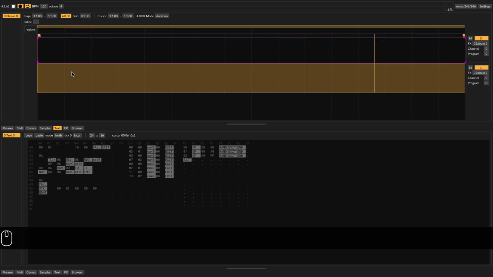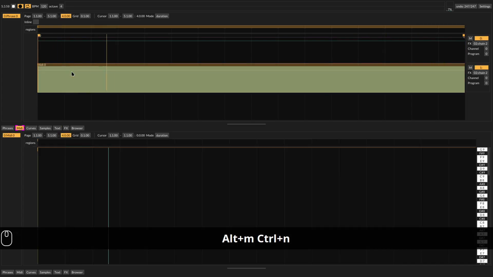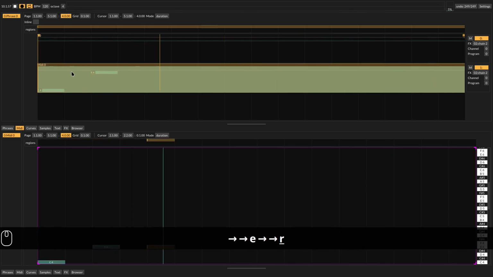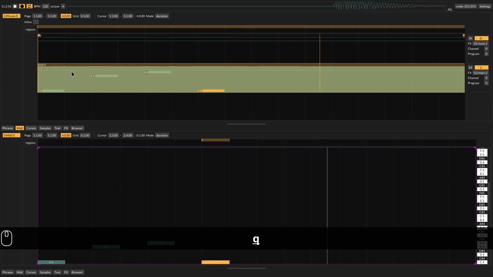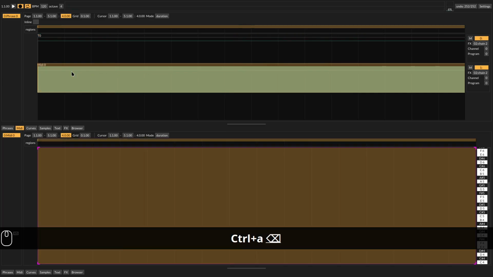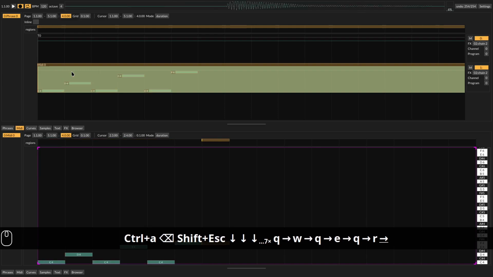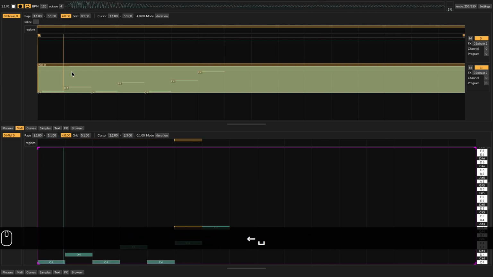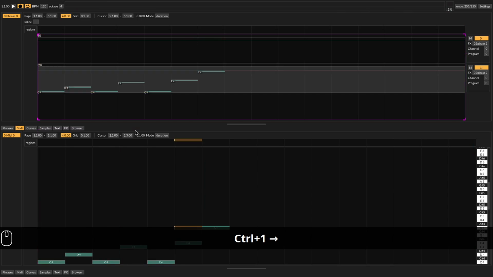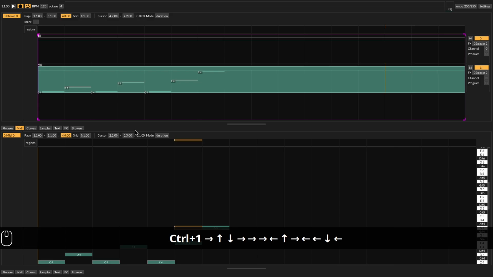Or I can do a new MIDI file and then add some notes. And this MIDI file basically gets routed to the instrument here,